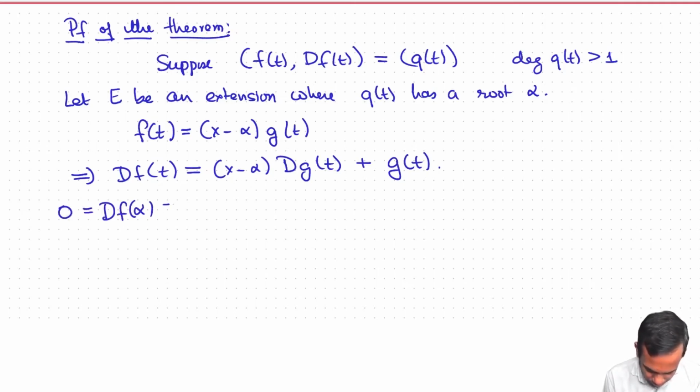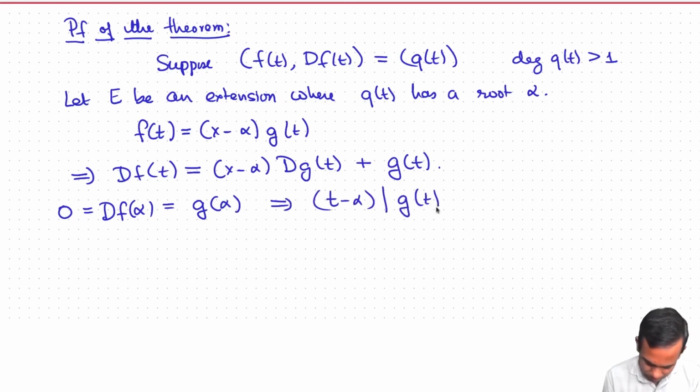But if I substitute here alpha minus alpha, that becomes 0, so I get g(alpha) = 0, which implies that t minus alpha in fact divides g(t), because g of alpha is 0. So together with this, f(t) equals... so t minus alpha divides g(t), so I can write g(t) as t minus alpha times h(t) for some polynomial